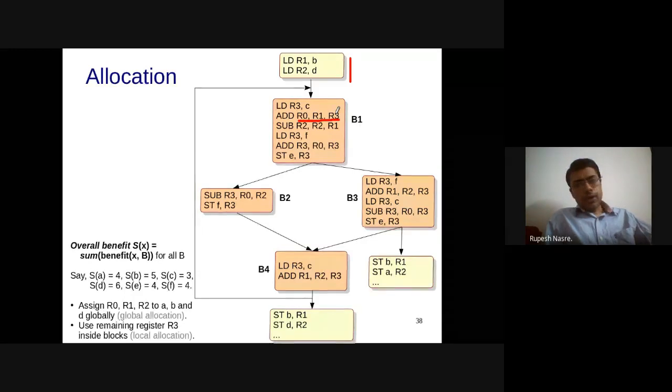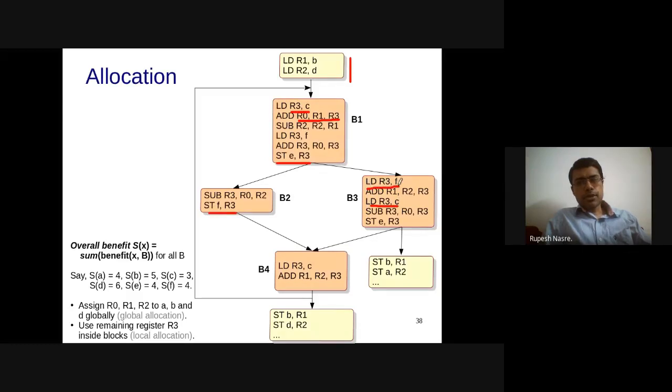Okay, so accordingly we write down the instructions. Note that R3 gets used here as the kind of local register, and then R3 is also the one which is going to be part of the store instruction. So all of these loads and stores are going to happen with respect to R3. Similarly here, and similarly these two loads, and then there is a store. Similarly R3's load and so on. Finally, at the end of all this processing, let's focus on these two blocks. Let's first look at this part.